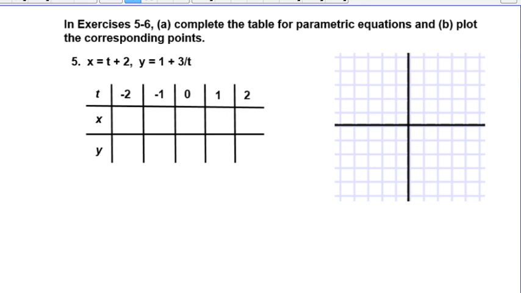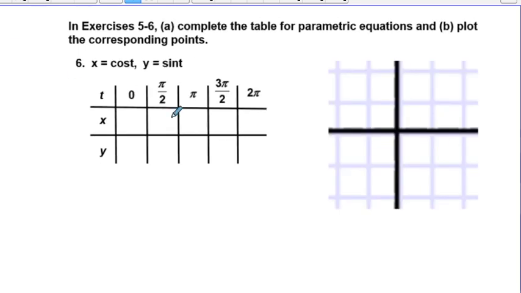And I did 5 in the video. Basically, you're plugging in for each of these. I want to take some time and do 6 and just show what the graph of that looks like. Okay, basically what you're looking at is you have x equals cosine t, y equals sine t. And this, I hope, reminds you of this